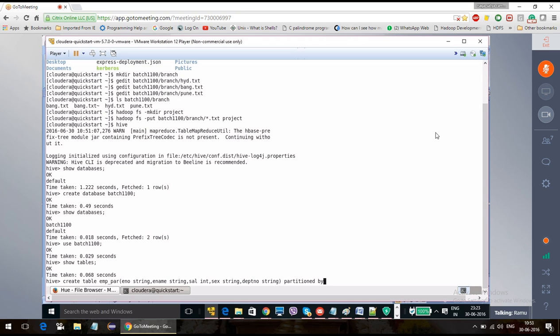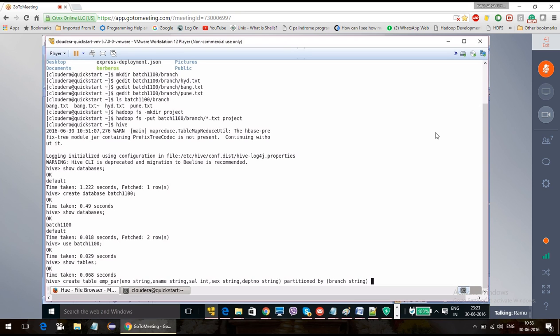by. You need to create the partition table like this. Partition by. So how are you going to partition? According to branch you are going to partition. So how is my data going to be segregated? According to the branch. Partition by branch, because I am going to send the file for branch. So automatically branch is also a column in the table, but the data will not contain that column inside the file, because we are going to load the data for branch.